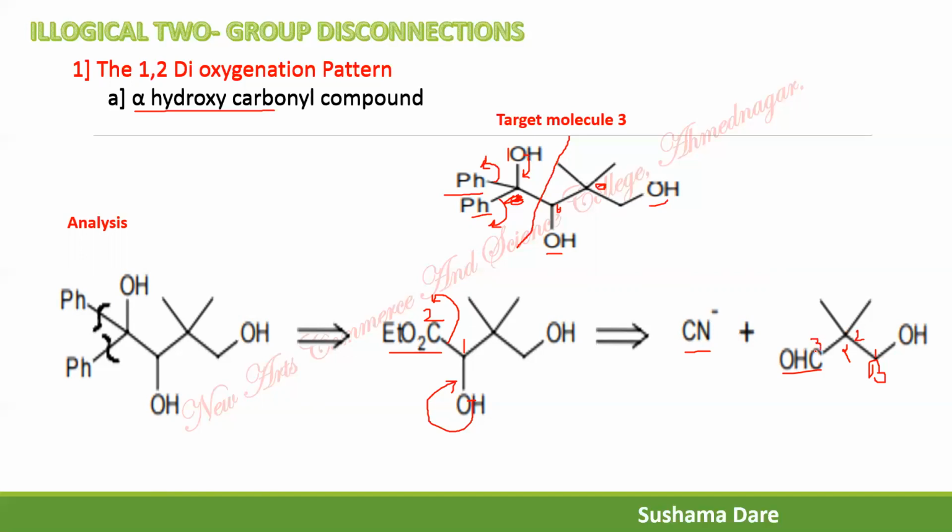So it is under the heading of what? The 1,3 dioxygenated pattern. Under the 1,3 dioxygenated pattern, which subpoints have we already discussed? The first subpoint we discussed is beta hydroxycarbonyl compound. The second is alpha beta unsaturated carbonyl compound, and the third is the 1,3 dicarbonyl compound. So this is a beta hydroxycarbonyl compound. So what you have to write down on the next arrow is that the identified relation is beta hydroxycarbonyl compound. If this is a beta hydroxycarbonyl compound, what type of retro reaction do we go with? That is a retro aldol condensation reaction.